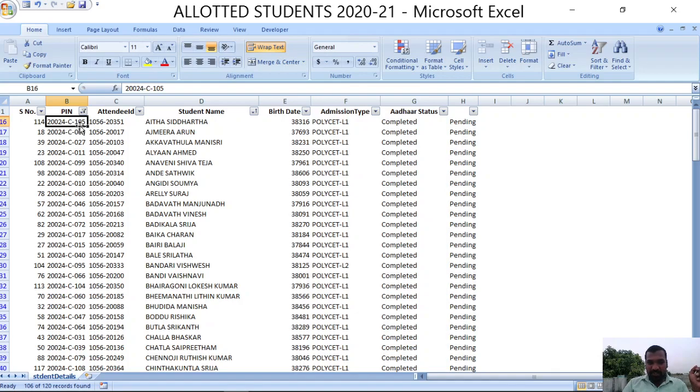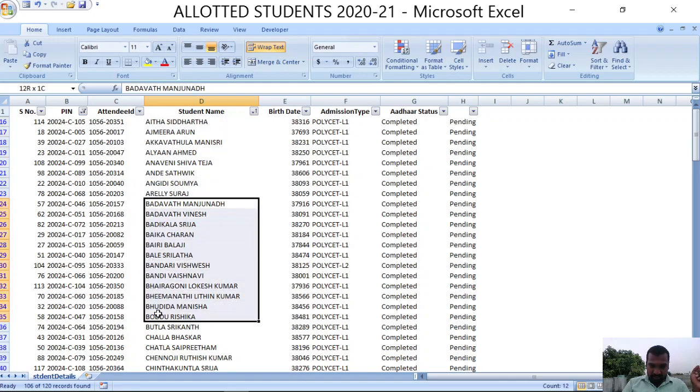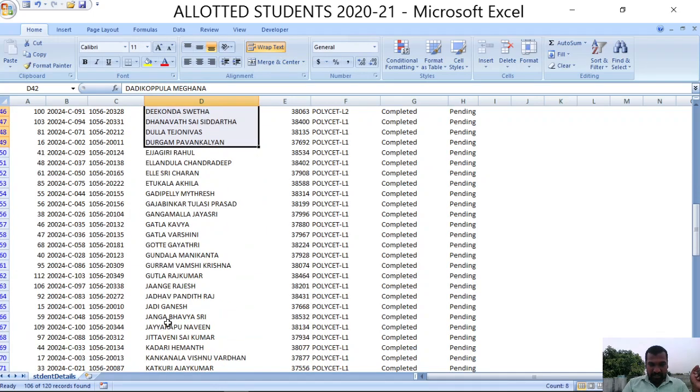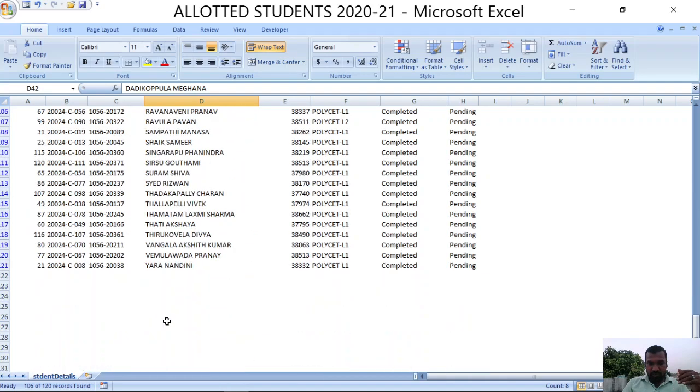Now it is displaying 105 because alphabetically Aita Siddhartha comes first, then Ajmira Arun, then Akkavatula Manisri, and so on. Like that, all the names which start with A, then B, then C, then D, E, G, F, and so on, and the last Y.